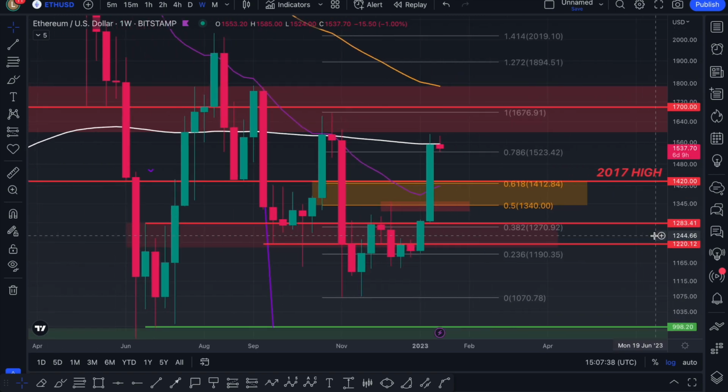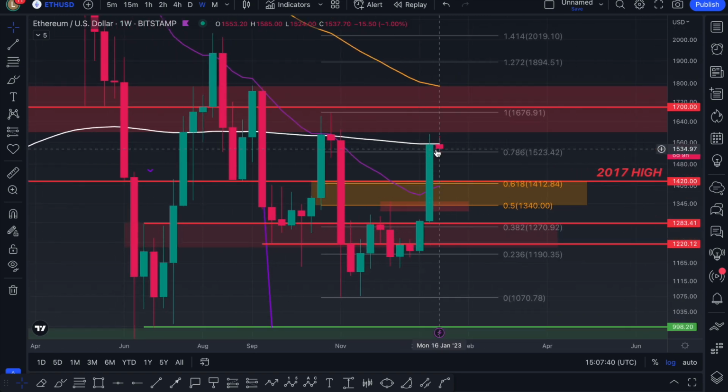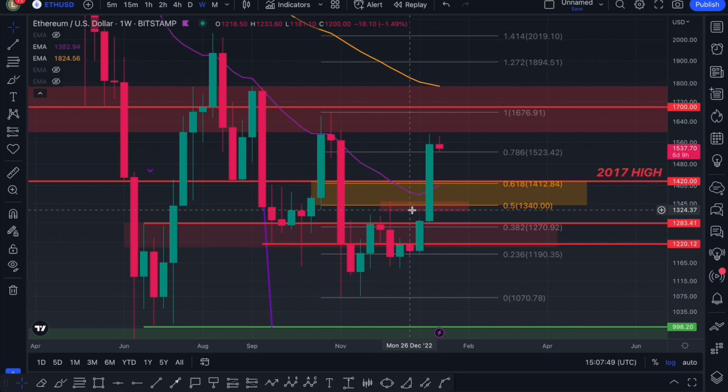On the higher time frames, there's more accuracy. I just need to prove to you that this is my trend. It doesn't mean we can't break above it. If we got rid of the 200 EMA, we could just say that is what's stopping us from getting up to the higher price points that we just spoke of in today's video, which is